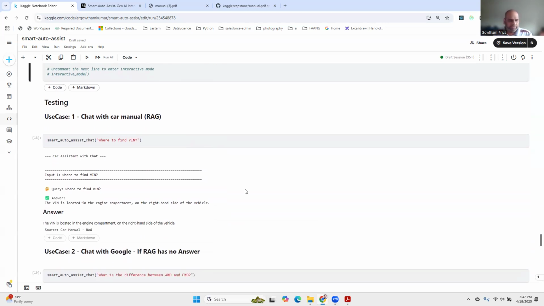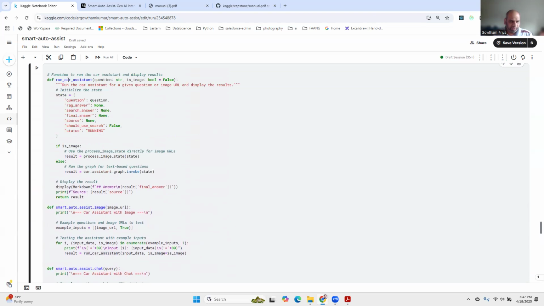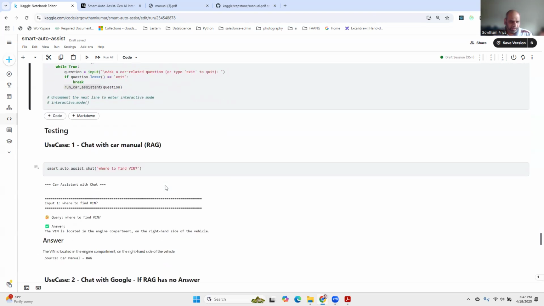Coming to the testing part, like I said, here I have added two small functions for the image and the chat, which will actually run the car assistance function here, right? Now, my first use case,